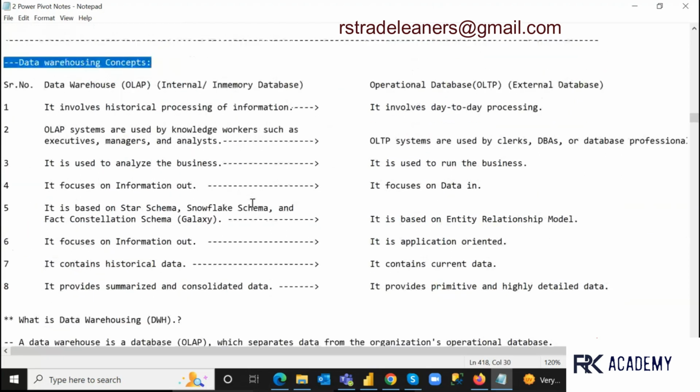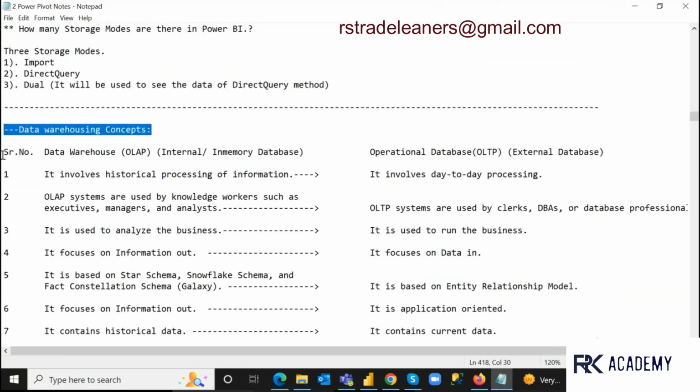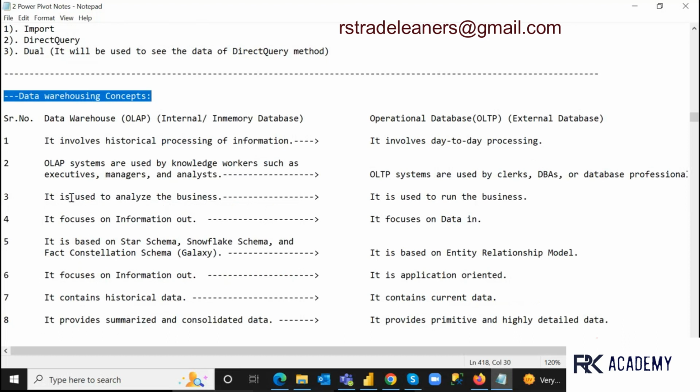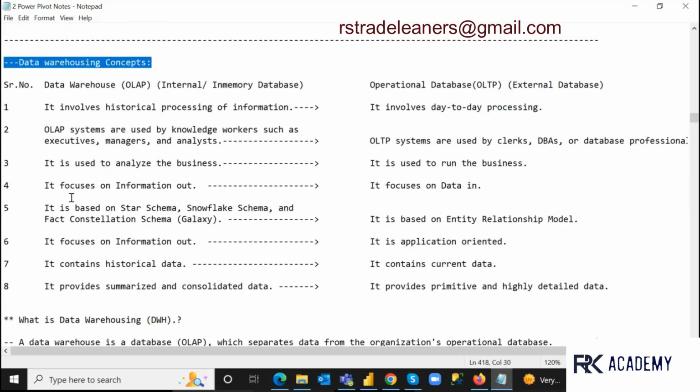So for data warehousing concepts, right guys, data warehousing concepts here. So under data warehousing concepts, first, what is the difference between